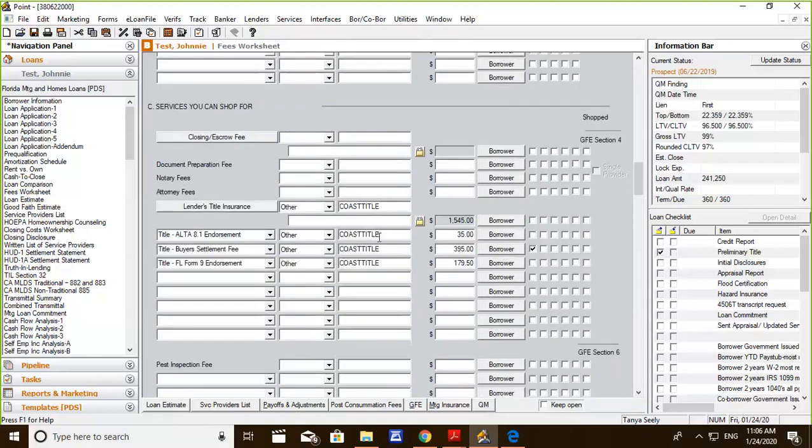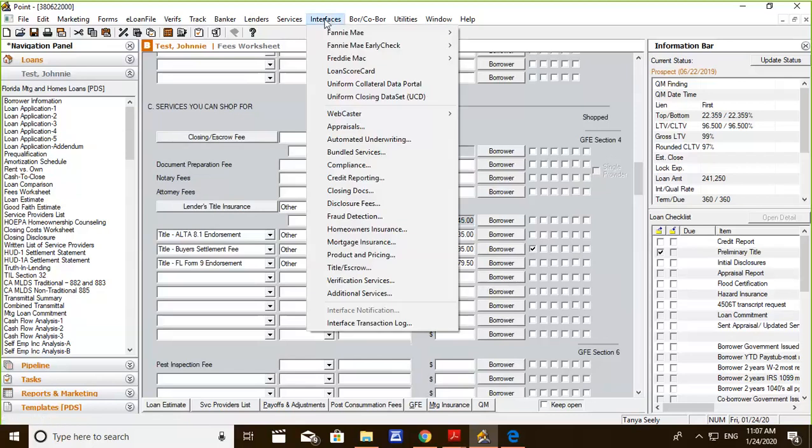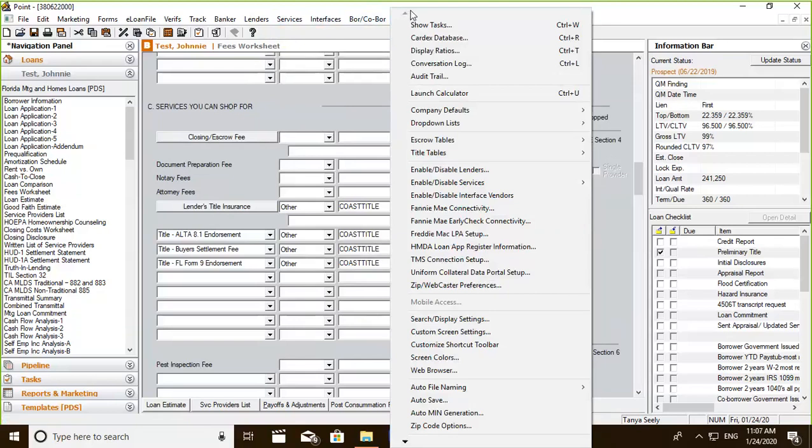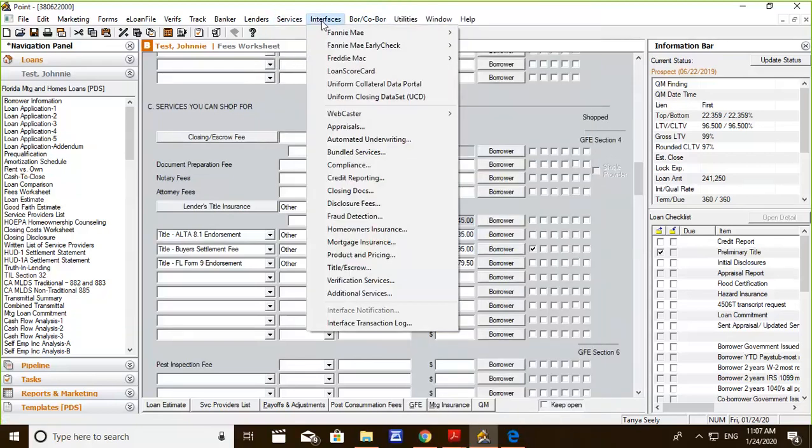Now, suppose that your title insurance fees did not show up here. I've used Johnny Case a couple of different times, but we want to know what our title fees are going to be. Now, we've set up a relationship with a company called Coast to Coast Title. They are licensed in about 45 states currently. So what you would do, let's say you don't have title or whatever it may be,